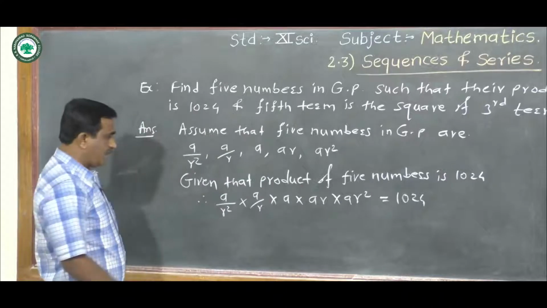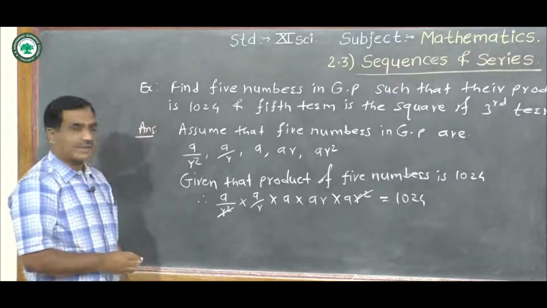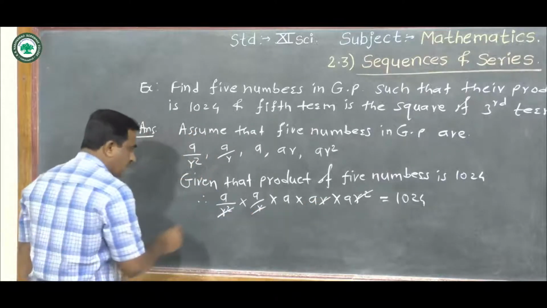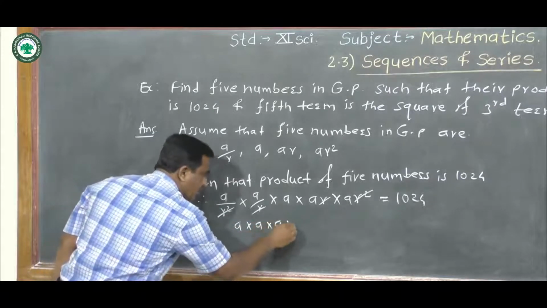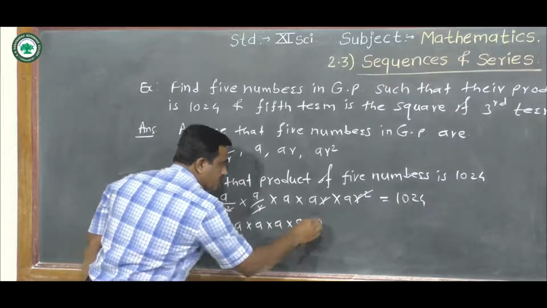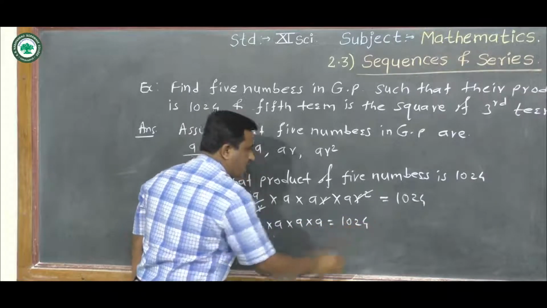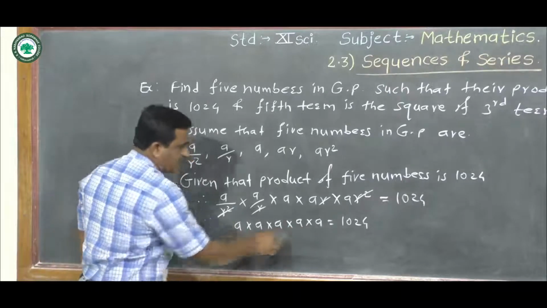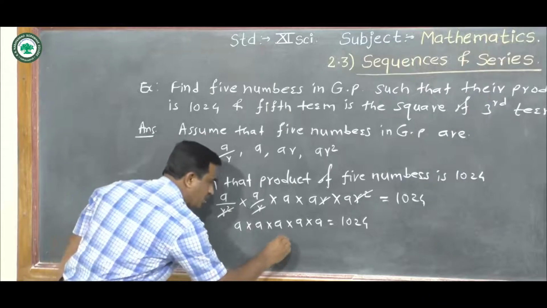Okay, now here r square upon r square gets cancelled, r upon r also cancels. Then we can write a into a 5 times is equal to 1024. That is, the product of these 5 terms, a into a 5 times, means we can write a raised to 5